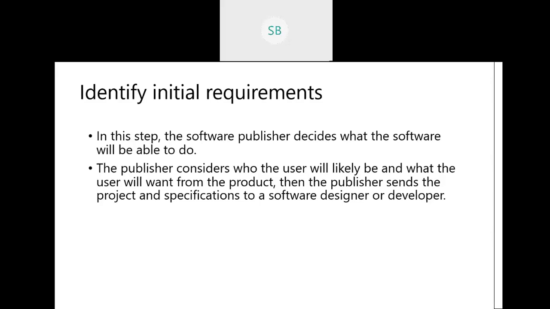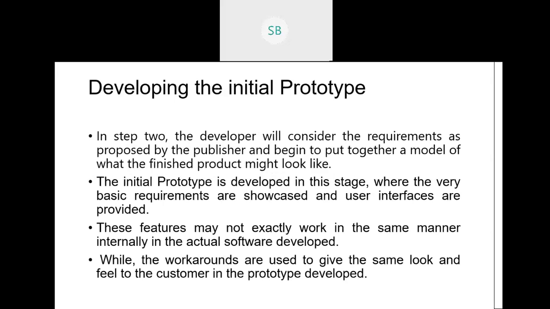and once it is understood who will be the users of it, that moves to the next stage, developing the initial prototype. Based on the understanding of the initial requirement, the developers consider the requirement and develop a working prototype, and they give it to the user to use, to see whether they are satisfied or not. It is possible that the developed product may be far different from the original product. This is just based on the initial understanding.